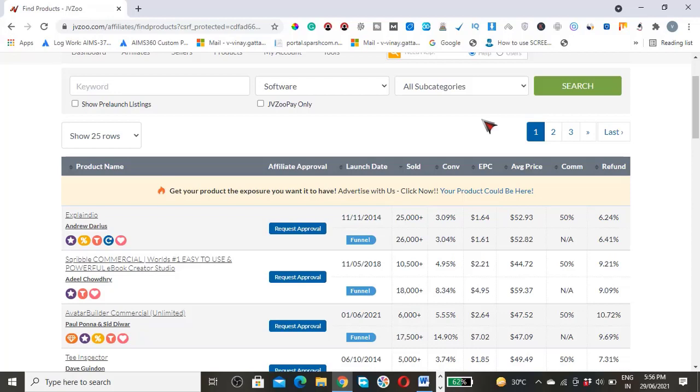Software often has products that are entirely online. They are digital, so there are limited overheads, and therefore the affiliate programs and the vendors that run these programs can afford to pay affiliates more, simply because there are less overheads and bigger profit margins.